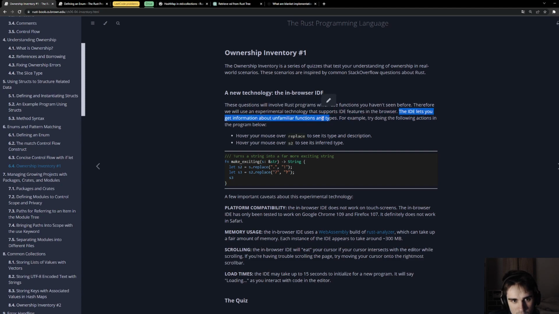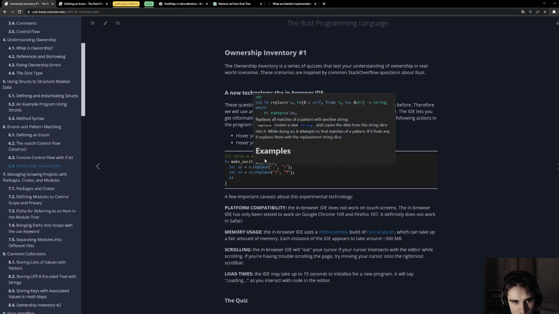The IDE lets you get information about unfamiliar functions and types. For example, try doing the following actions in the program below. Hover the mouse over replace to see its type and description. Replaces all matches of a pattern with another string. replace creates a new String and copies the data from this string slice into it. While doing so, it attempts to find matches of a pattern. If it finds any,